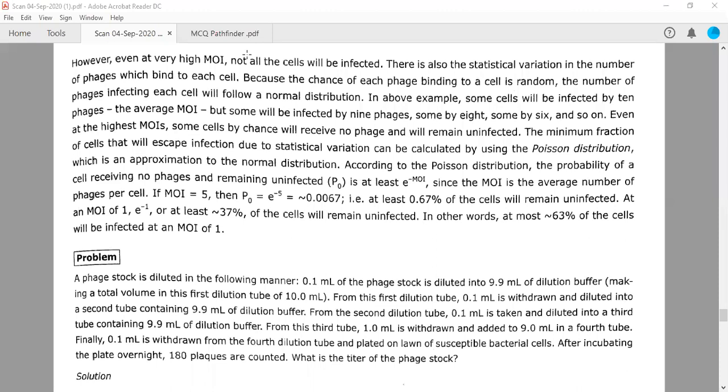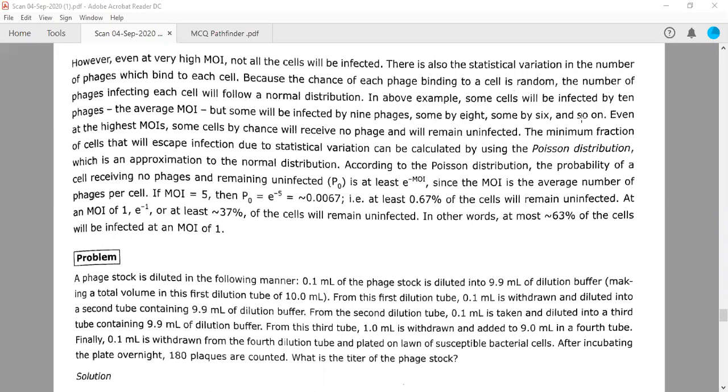So these viruses even can skip some bacterial cells. And why are they skipping these bacterial cells? Because this is a random process, and the number of viruses which are going to attach to a specific bacterial cell is different. Suppose if you are having multiplicity of infection 10, then there may be some chances that some bacterial cell will bind to the 10 bacteriophages or viral particles, which is the average multiplicity of infection. But this is not true for all the bacterial cells which are present in the culture. Some bacterial cell will be infected by 9 phages, some by 8, some by 6, some by 5, 4, 3, 2, 1. So anything is possible in the culture.